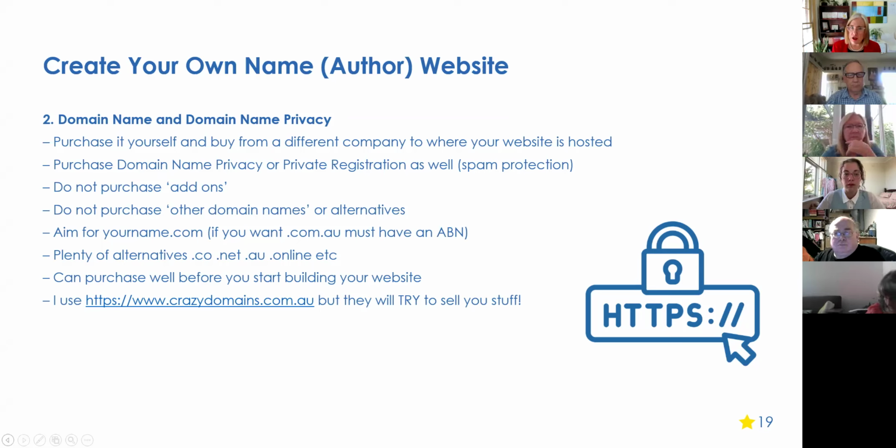But what you do need to do is purchase something called either domain name privacy or private registration. What that means is if somebody looks up who owns the domain name georgesmith.com, it will not tell you which George Smith owns it, and it reduces your spam. So that's why it's only about $10 a year to pay for that. It's not a lot of extra money, but definitely worthwhile.